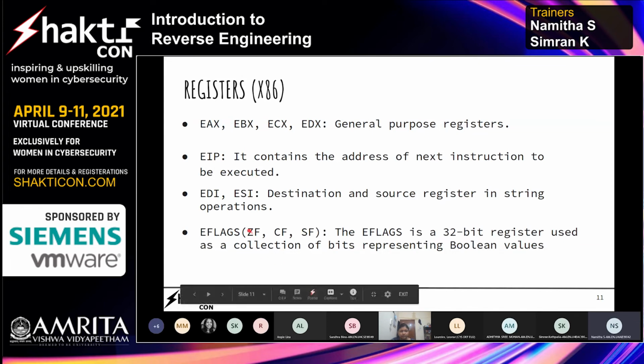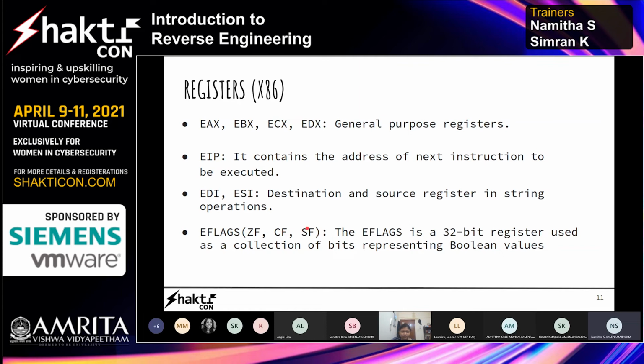So basically the important flags are ZF, that is zero flag, carry flag, that is CF, then SF, that is sign flag. ZF, zero flag, is set when the result of an operation is 0. Next is CF. CF is set when the result of an operation is too small or too large.